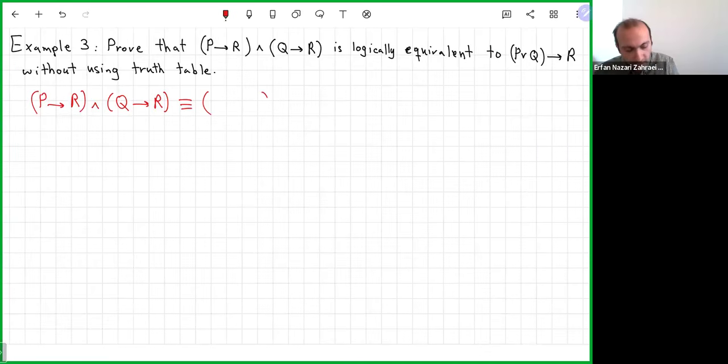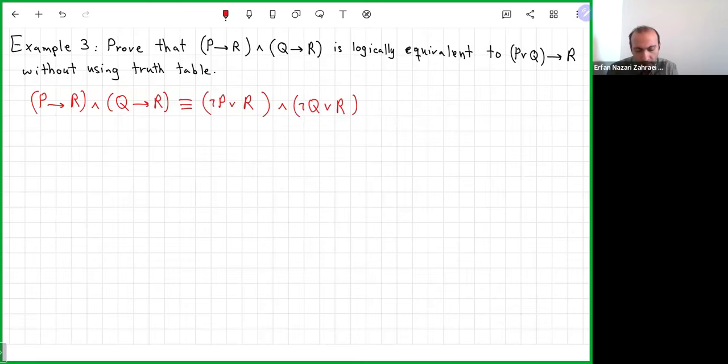So for the first parenthesis, I can say it's not this or this, not the P or R. And then I have and. For this parenthesis, I can say it's not this or this. Now what can I use? Looking at it,